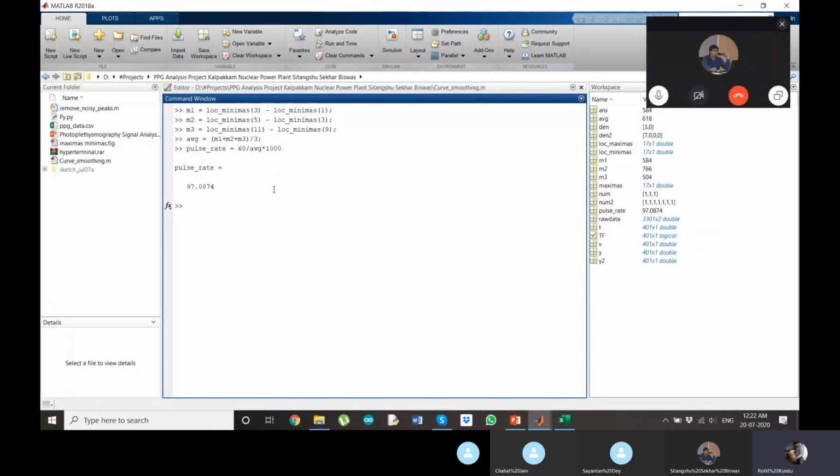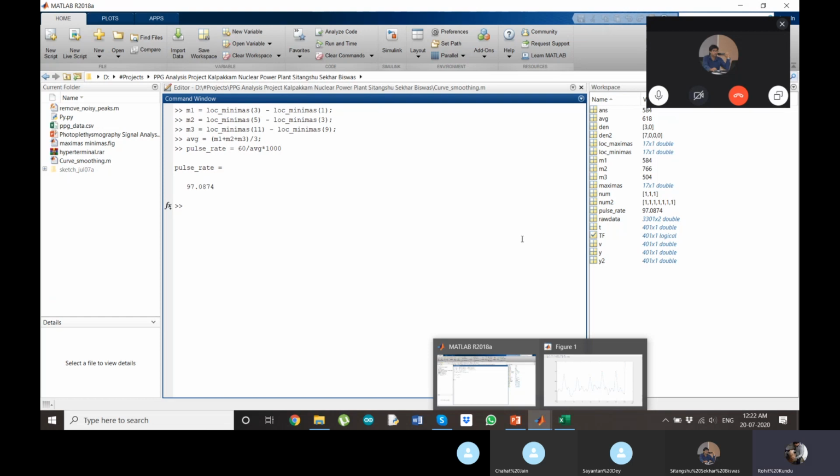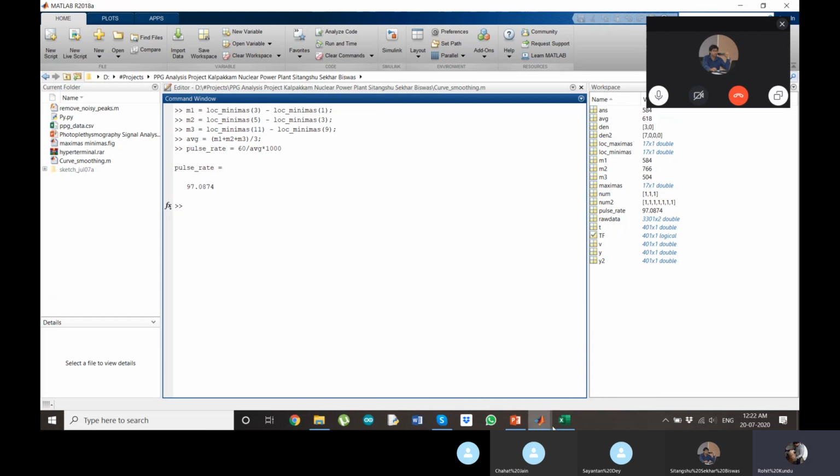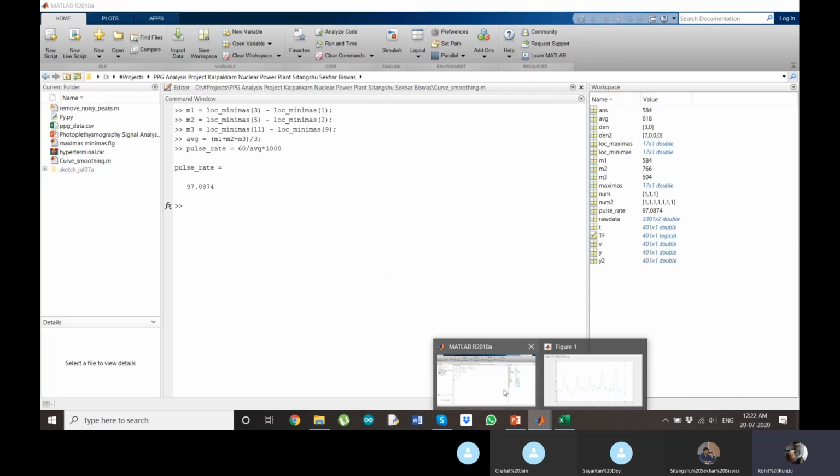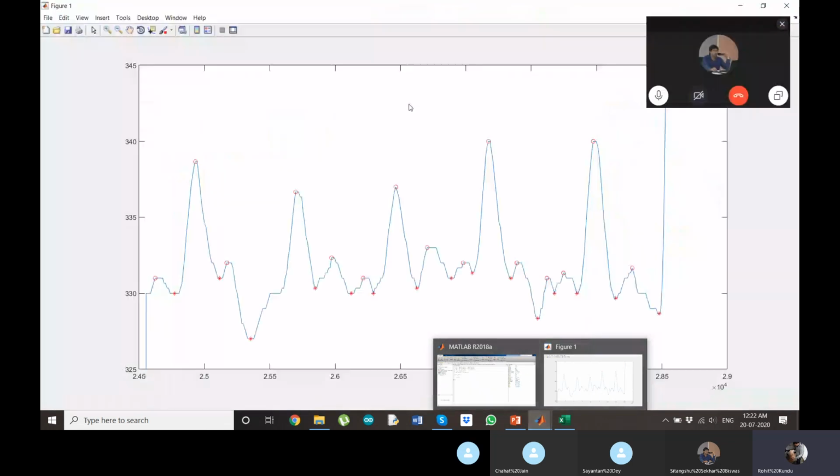The pulse rate is 97.01 actually. So it is even closer since it was about 99 or something. Happens by heart rate. So this is just a small range. If we take an even bigger range for the entire data that we have collected, it will become even more precise.